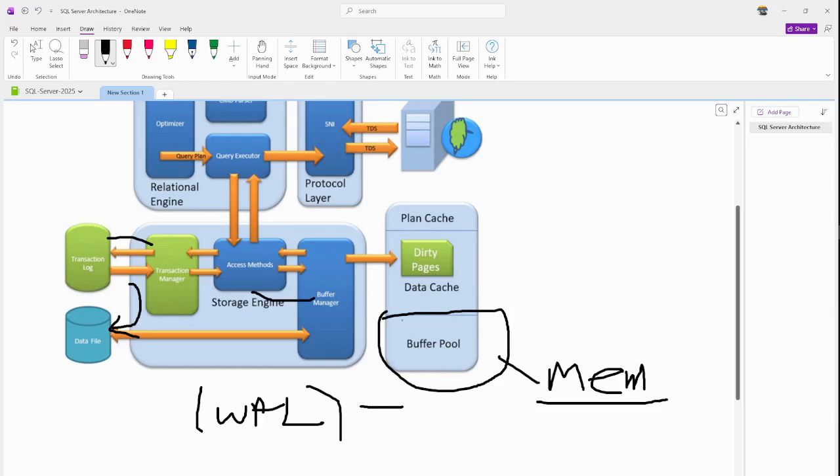modifies that particular page in memory, and that page is now marked as a dirty page, because it differs from what is currently on the disk. The dirty page differs from whatever is in storage. Then there is a log rule: before the system is allowed to write a dirty page,